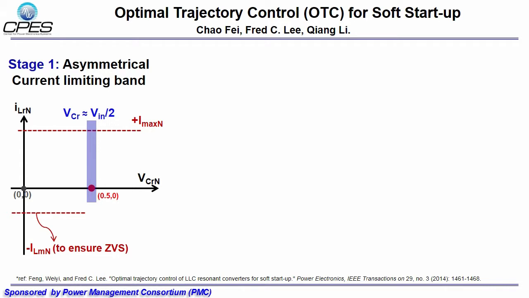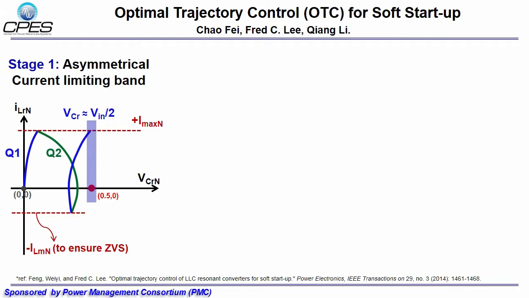Optimal trajectory control for soft startup was proposed by CPAS to solve the challenge. It is divided into 3 stages. The first stage uses an asymmetrical current limiting band to settle the resonant voltage DC bias. First, the high side switch is on. When the resonant current touches the positive band, the low side switch is on. When the resonant current touches the negative band, the high side switch is on again, and so forth until VCR equals half